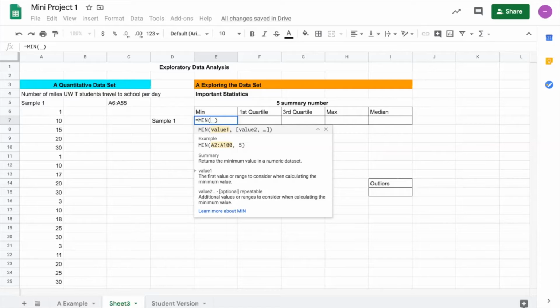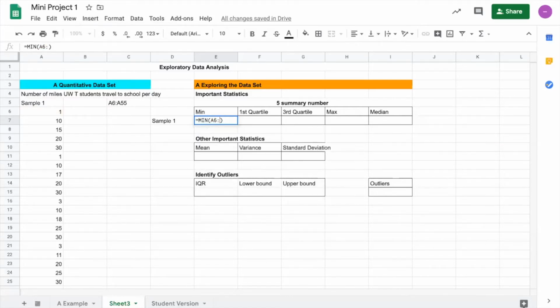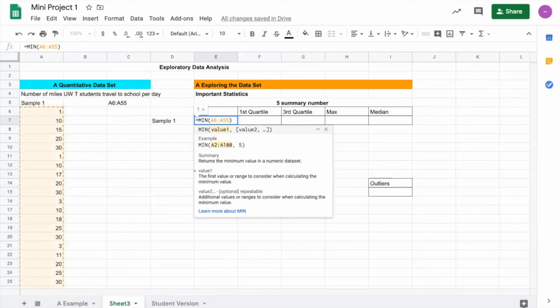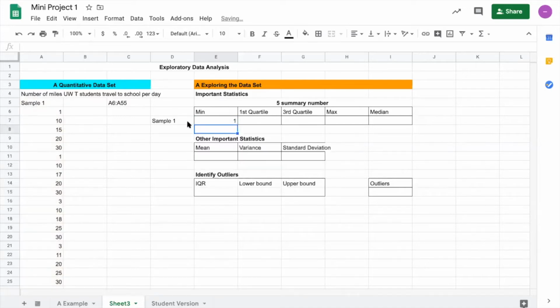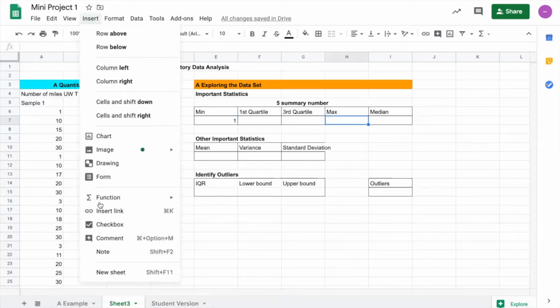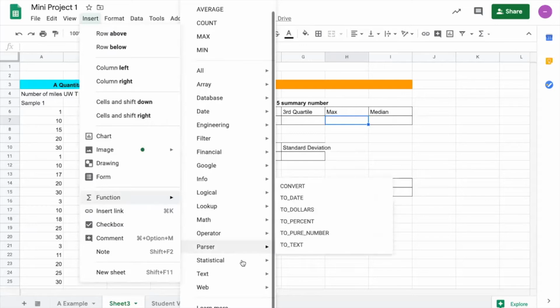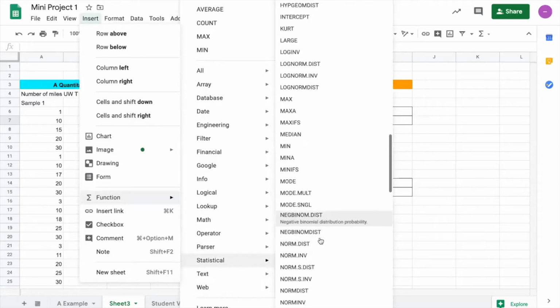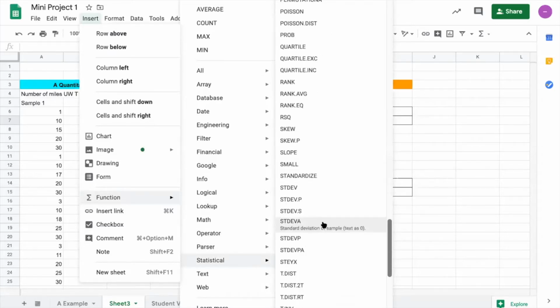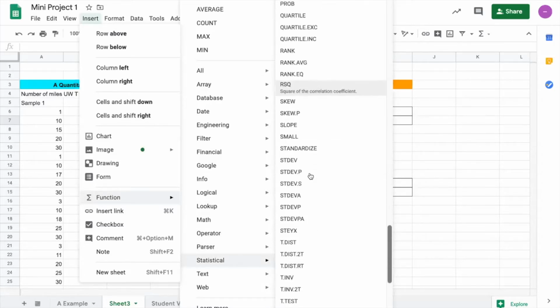So I would say A6, colon, and then A55, enter. And that will give you the minimum value of this data set. And well, let's go to the maximum. It's very similar: search functions, statistical, and you know that it's MAX, right? So go down to maximum